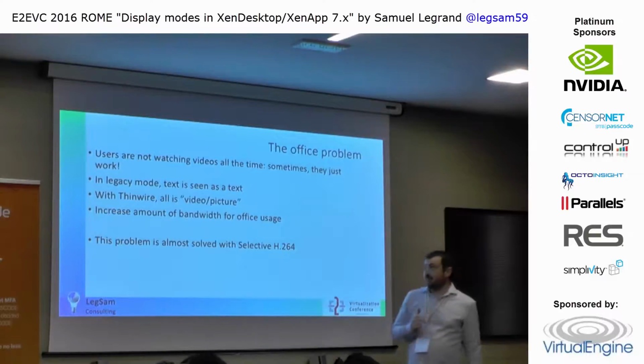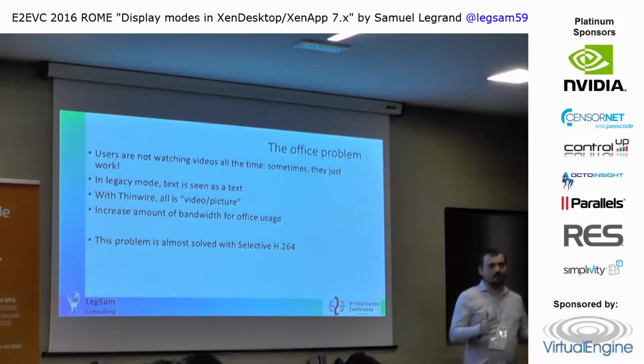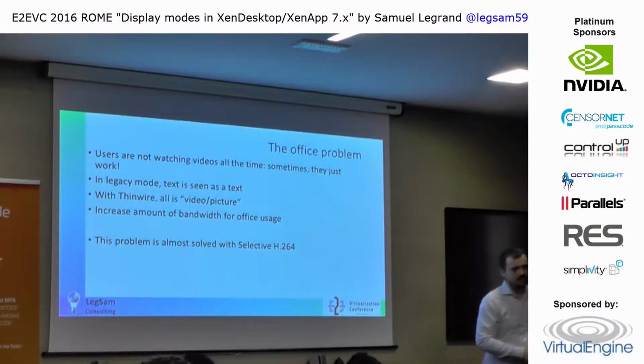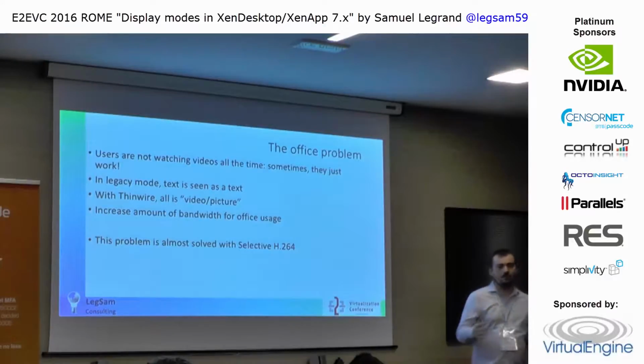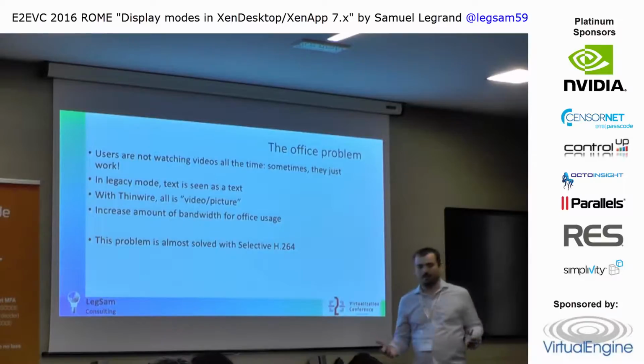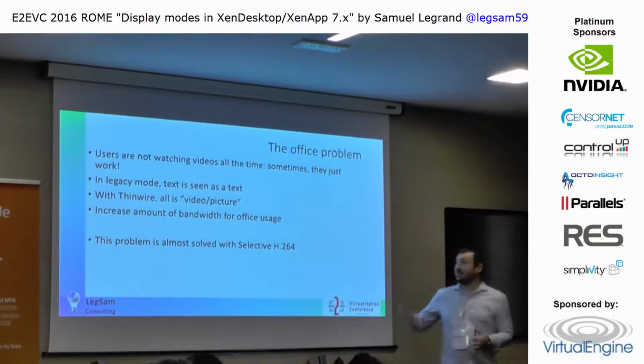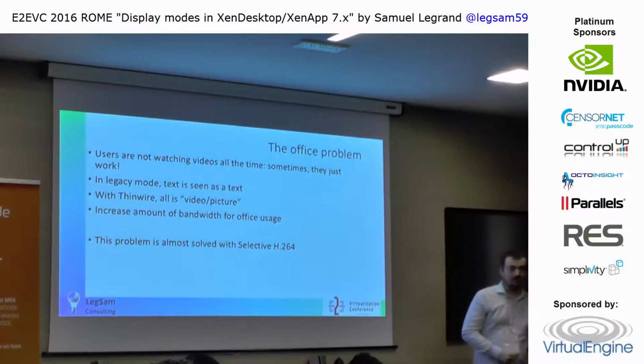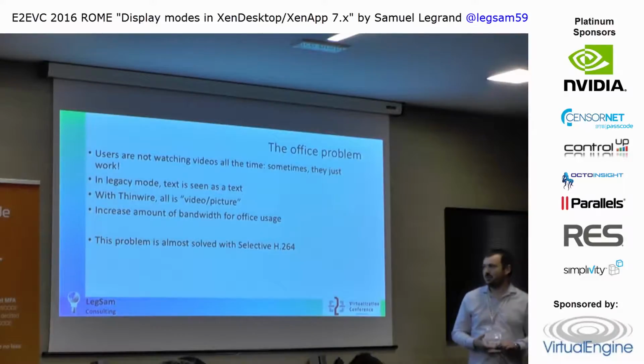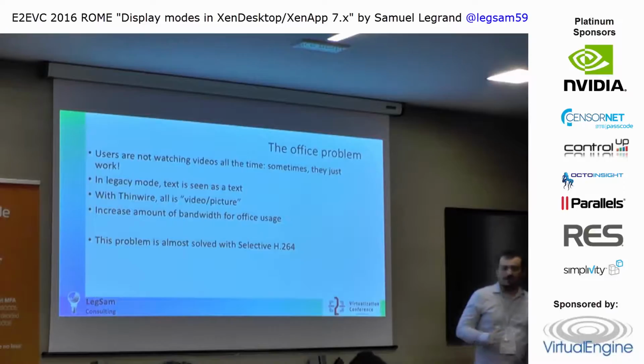The Office problem, yeah. We saw that H.264 is really performing well on video. The main issue is that your users are not watching videos during all their working day. They are trying to work with Office, with Word, Excel, PowerPoint, and that is not a good idea. We will take some information later. But yeah, they are trying to work, and with H.264 there is